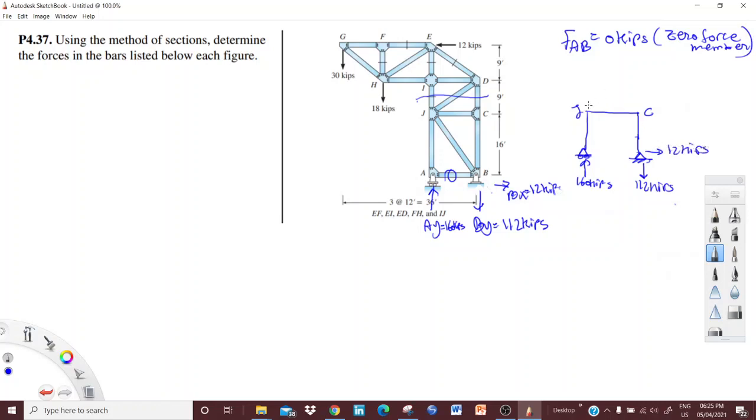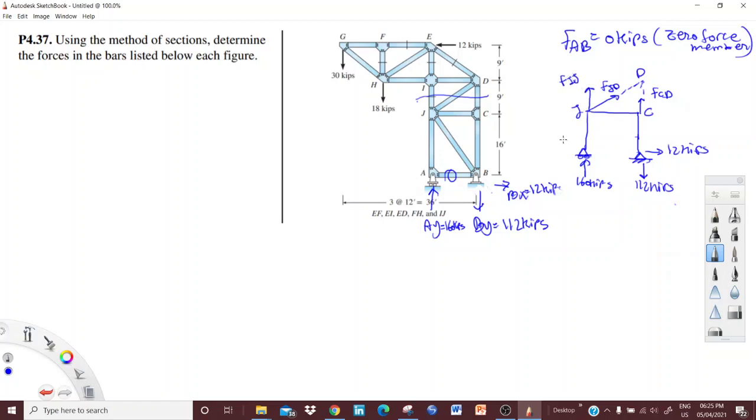We have the force of JD going towards D, and we have the force of CD going towards D, and here we have the force of